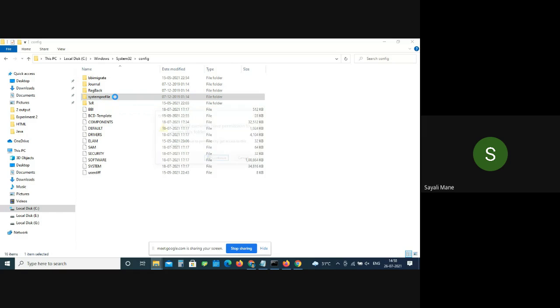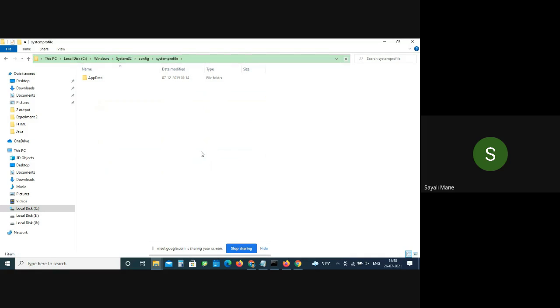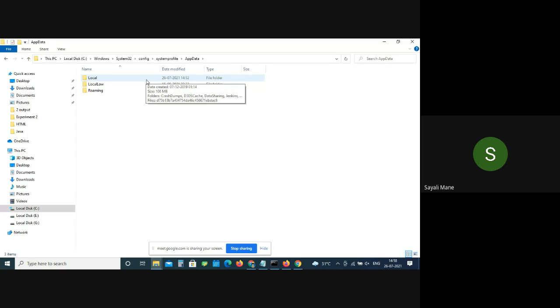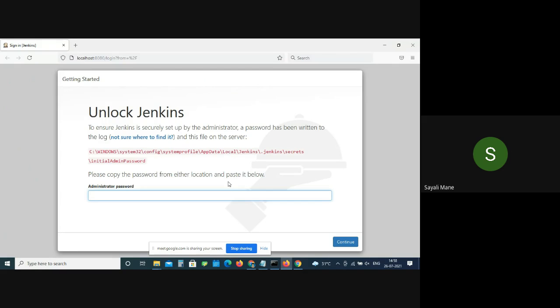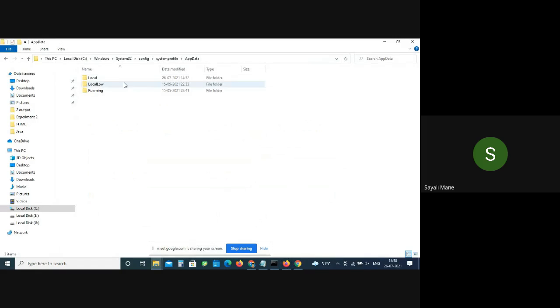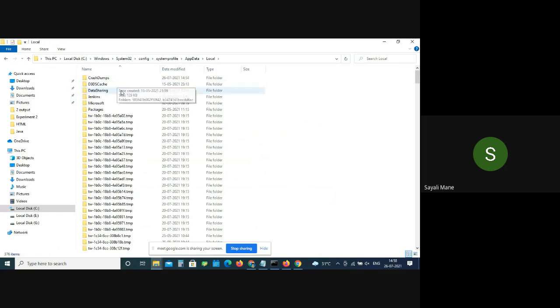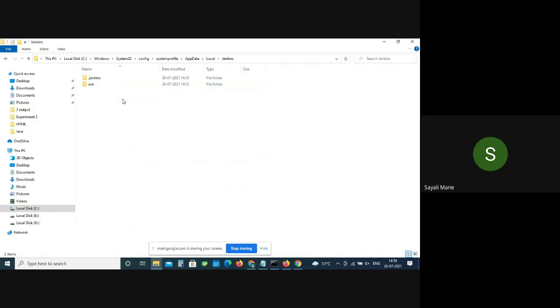Correct. Then app data. Again continue. Yeah, first one app data. Now it's working, no? Okay. Then check the link. Next one is local and then Jenkins, correct? Local, yes. See, Jenkins is there.